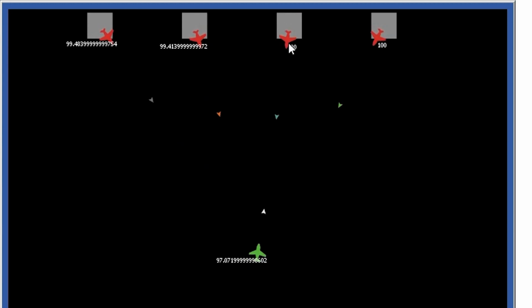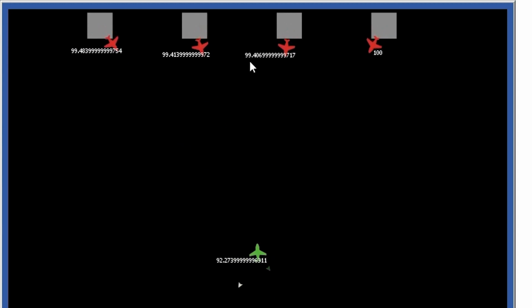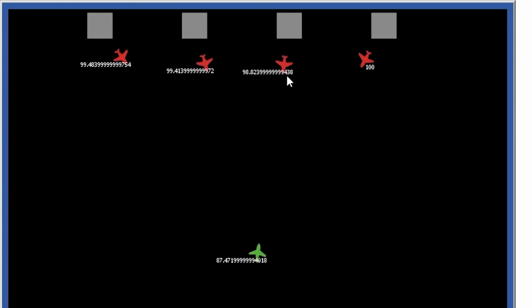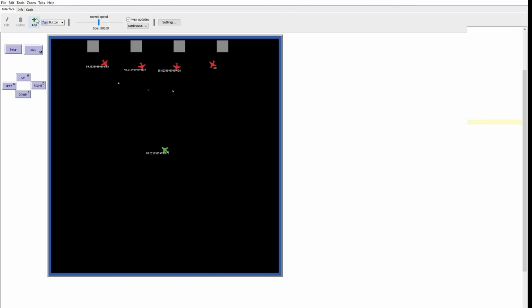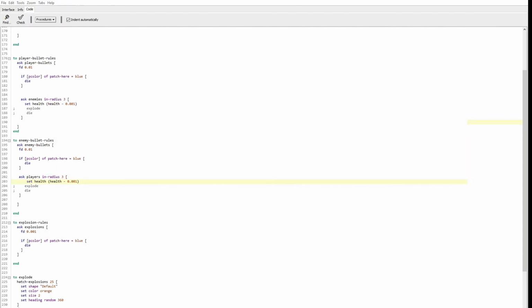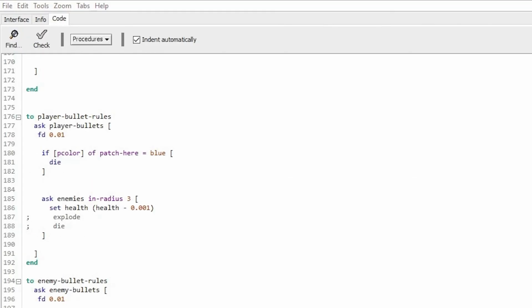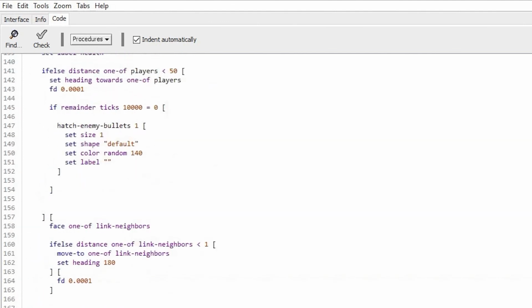Now it's working fine, but we can see there are so many decimal points. So we should have a way to round this number. Let's see how we can have a round operation when we are displaying this value as a label.